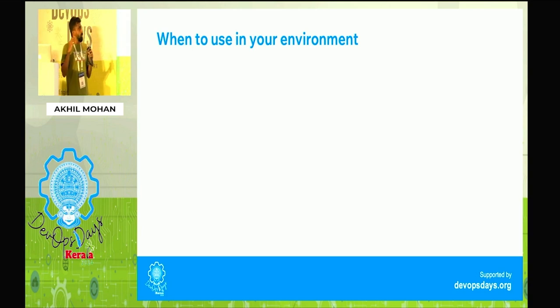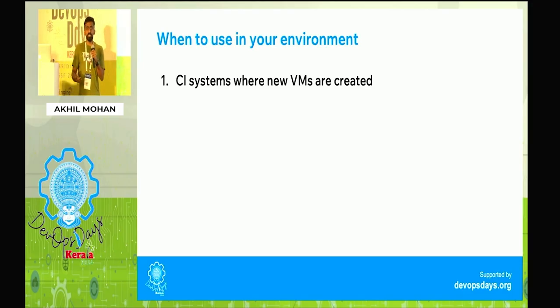So when to use the stargz snapshotter in your environment? If you have CI systems where the VMs are spawned and then you have to download all the container images, then you can use this. The stargz format was initially invented at Google because for the Golang team, when they were doing testing, for every single commit they had to create a new VM and then the complete testing was done. This was causing a huge delay in their development. That's why CRFS and the stargz format were invented, so that they need to download only the necessary files